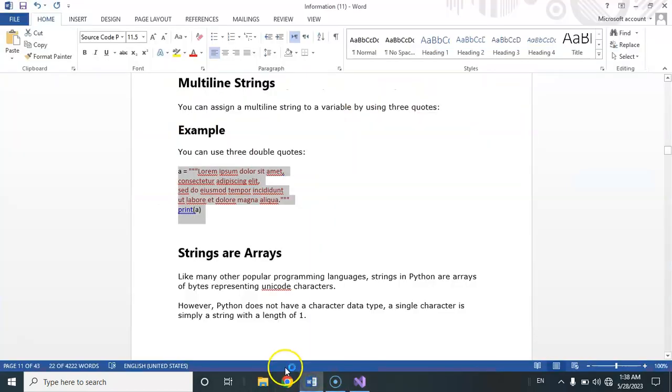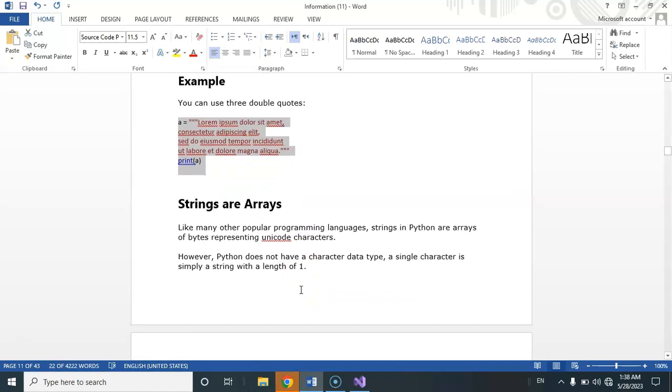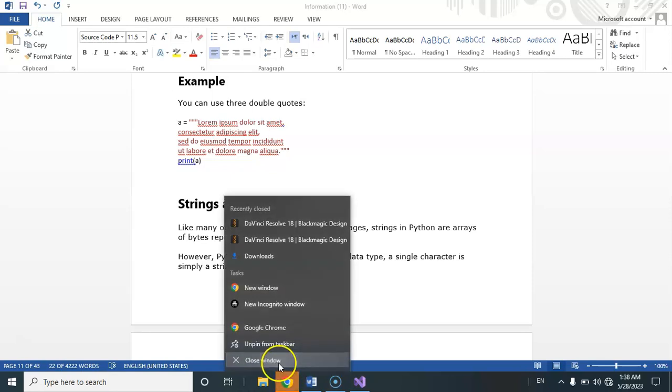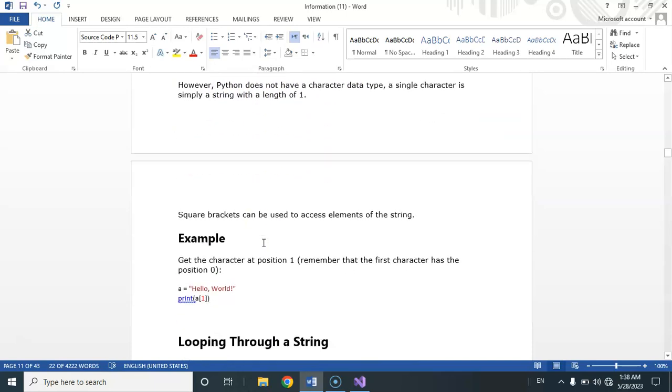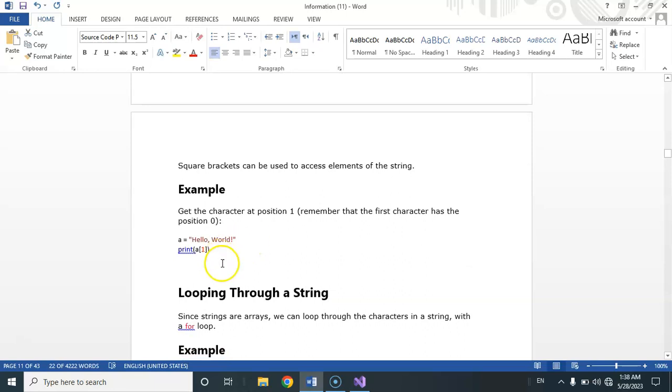Also we have a new topic about strings as arrays. Strings in Python are arrays. Like many other popular programming languages, strings in Python are arrays of bytes representing Unicode characters. Like we will take one example: a is equal to hello world, and now we will print just